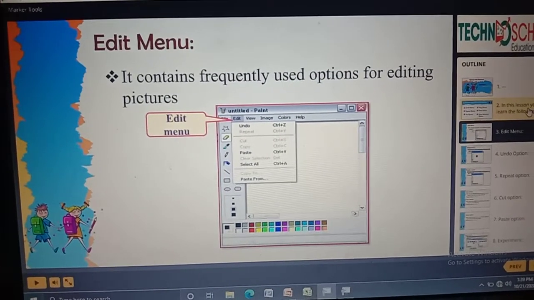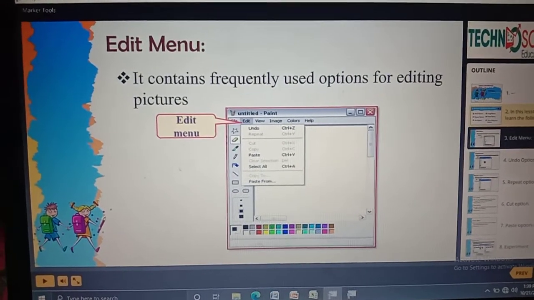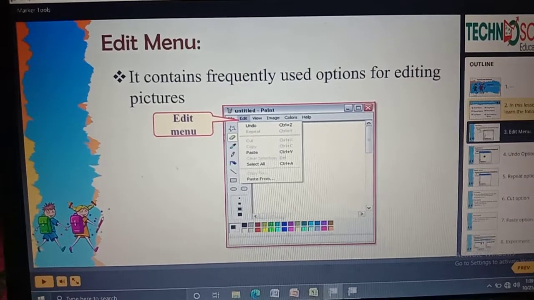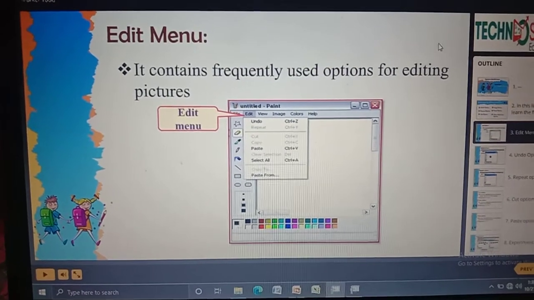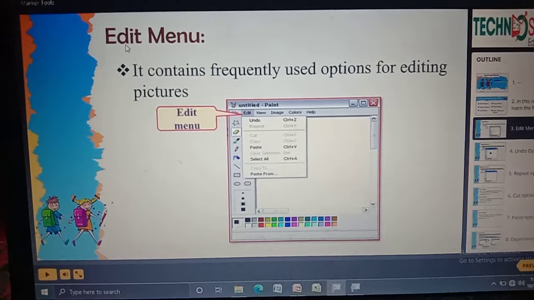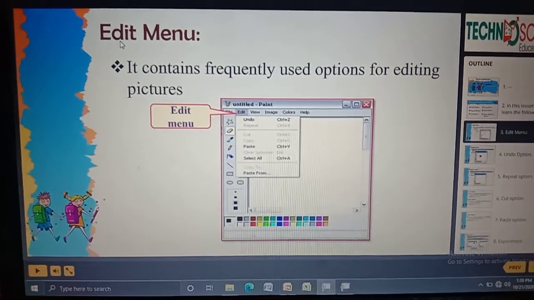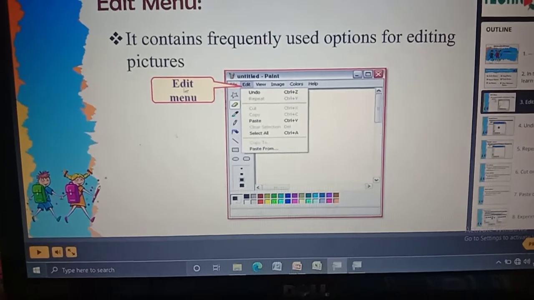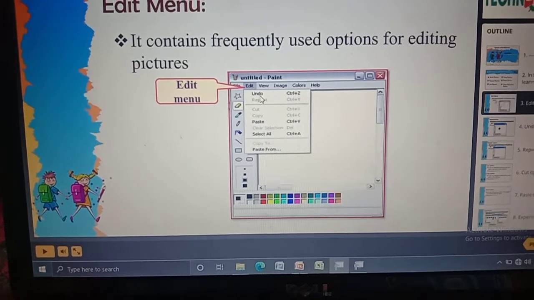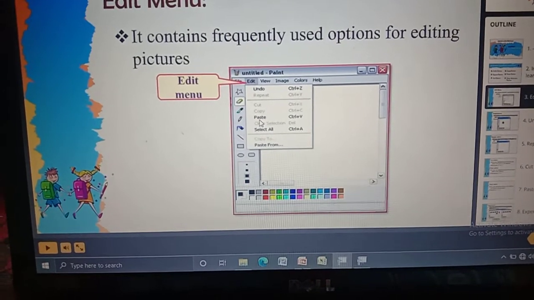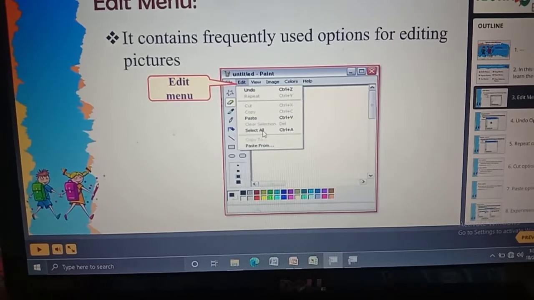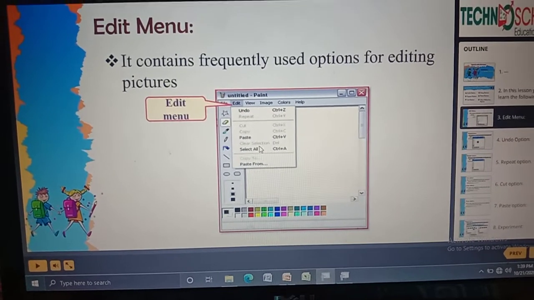See here in MS Paint, some commands we are using frequently, right? Those things come under the edit menu. It helps us edit the pictures easily. Here we have the edit menu: undo, redo, cut, copy, paste, clear selection and select all option.